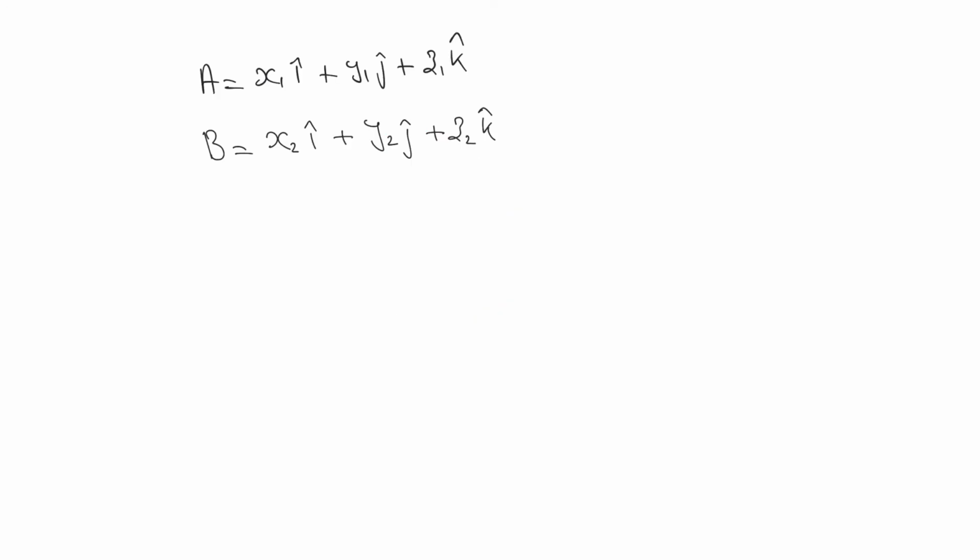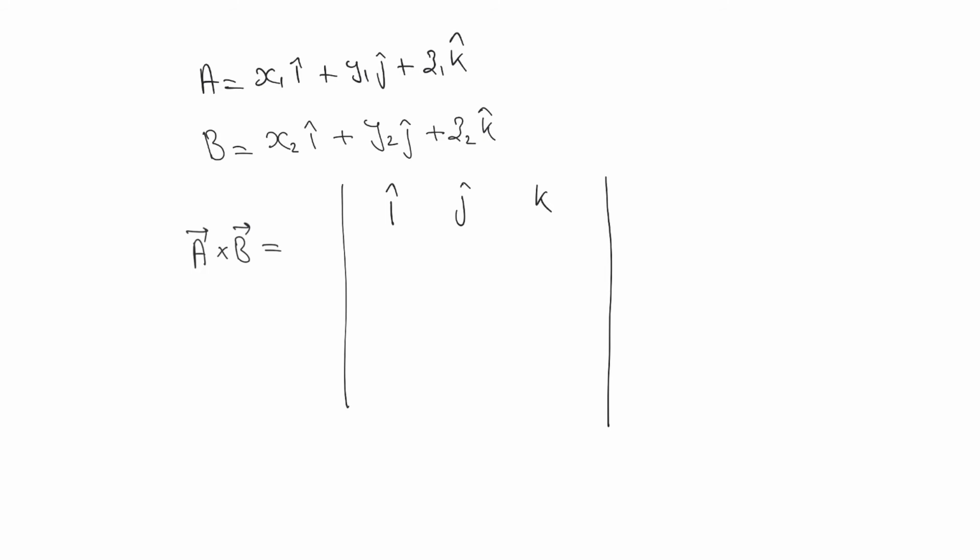Now let's discuss: if a vector and b vector are given in terms of i, j, k components, how do we find the value of a vector cross b vector? We will find it by using the determinant method, or matrix method, which you might already know. First we write i, j, k. To find a vector cross b vector, we first write the components of a. And to find b vector cross a vector, we first write the components of b.